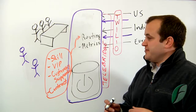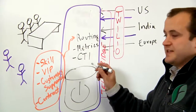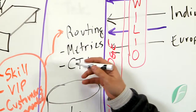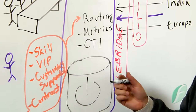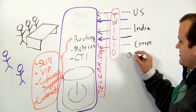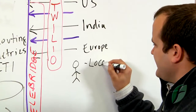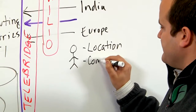Another benefit of performing call routing in ServiceNow itself is the concept of call telephony integration. Now, a lot of legacy systems even offer call telephony integration, but in ServiceNow we're able to offer a very rich context for the service desk agent based on each caller who calls in. So when a caller calls in, for example, we know their location, we know their company, language,